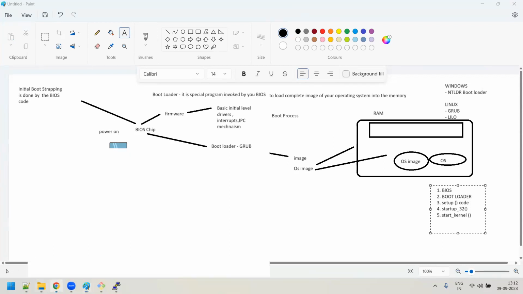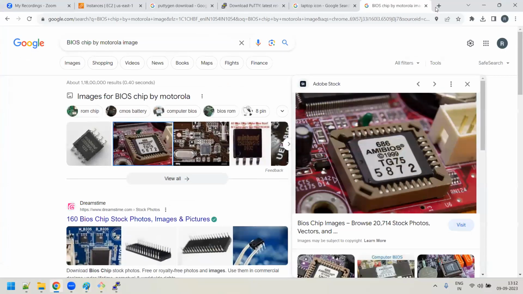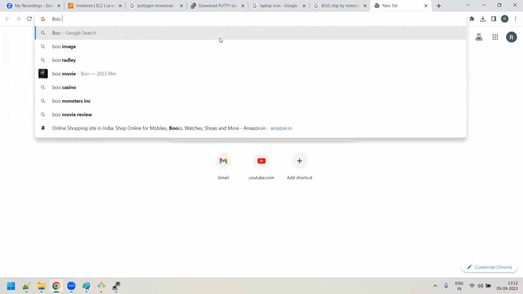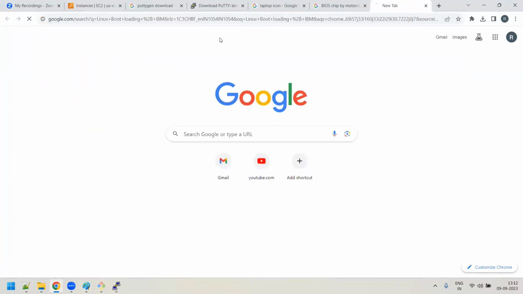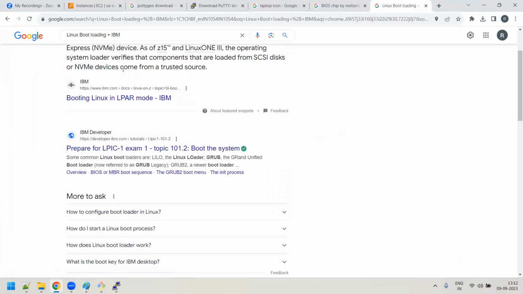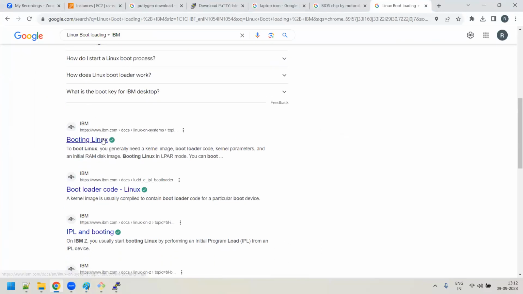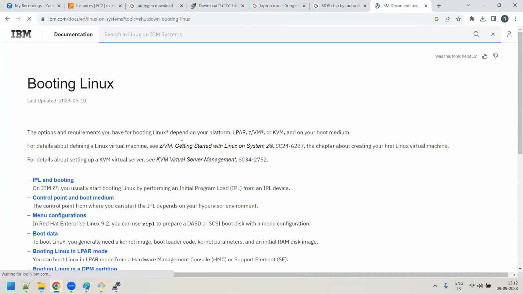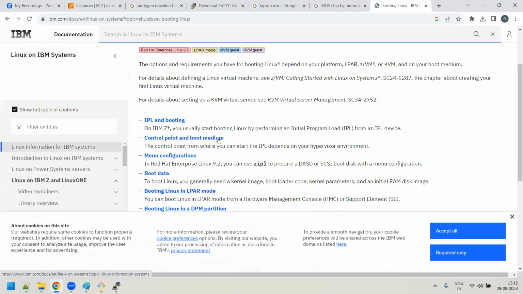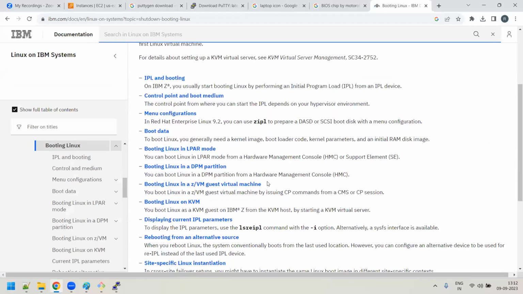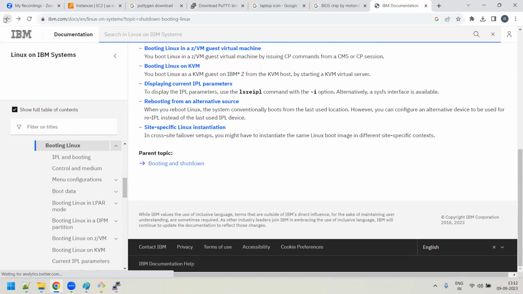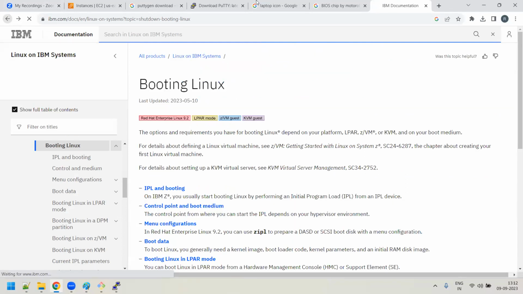If you go to Google and just search for Linux boot loading, you can even add IBM. Booting Linux, right? Okay, something has given booting Linux. Come down here. I think this is not that article. I was looking for some other article.